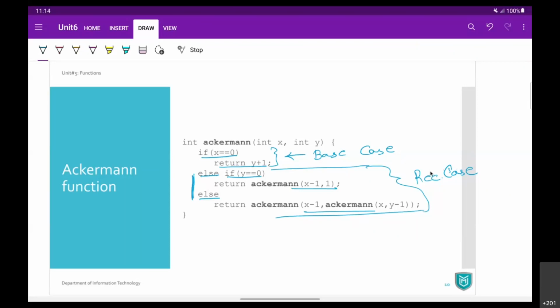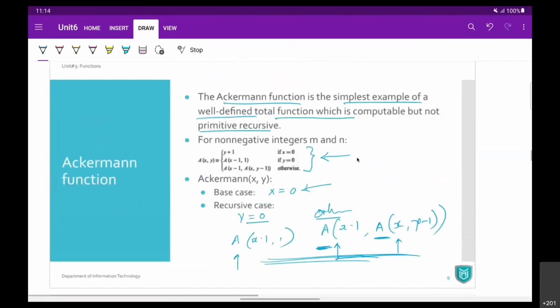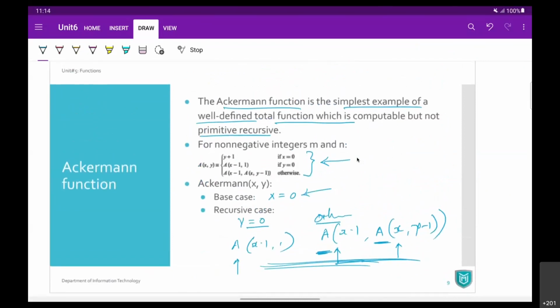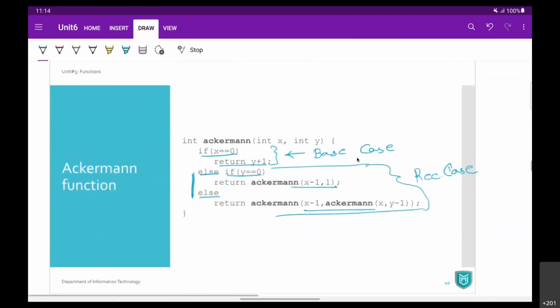Just like the mathematical recursive function you define in maths, similarly, just like that, you are going to implement it also.